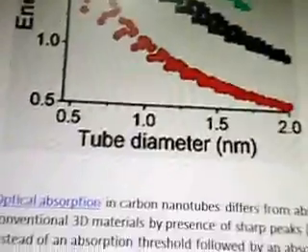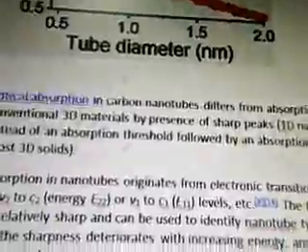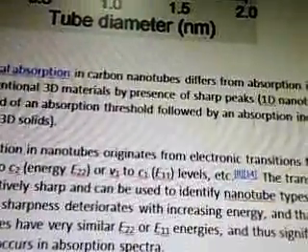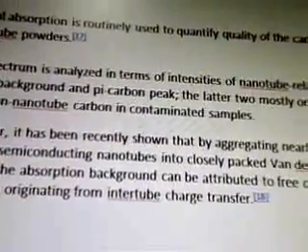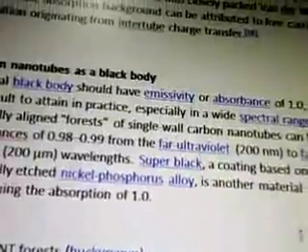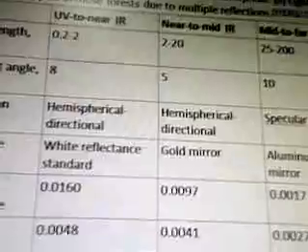There's his graph. So optical absorption in carbon nanotubes differs from absorption in conventional 3D materials by the presence of sharp peaks, instead of an absorption threshold followed by an absorption increase. Absorption in nanotubes originates from electronic transitions from v2 to c2 energy. So he talks about the energies, the interactions between the nanotubes, and the spectrum. Carbon nanotubes as a black body. Talks about their absorbance, the wavelengths that you can get from them,